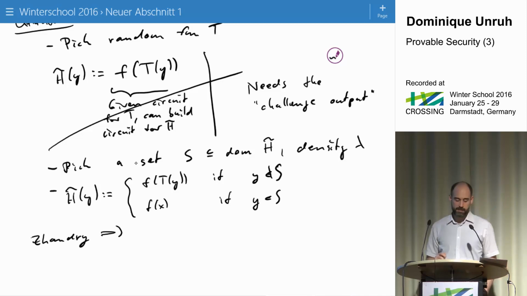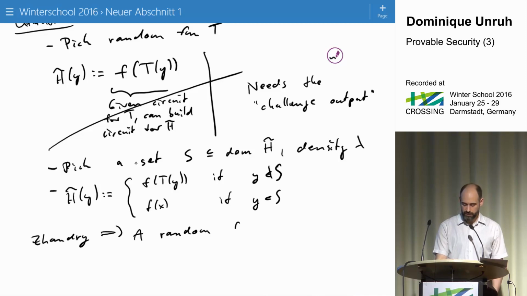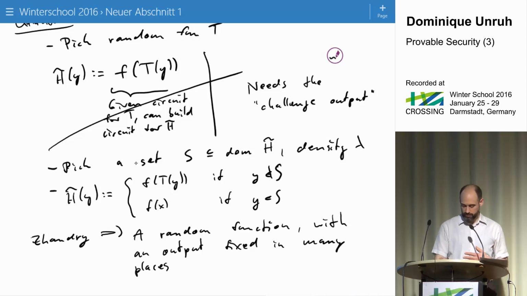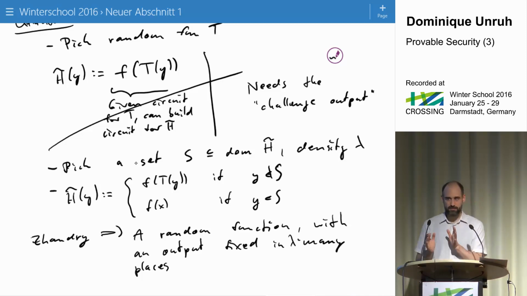And now a lemma by Unruh tells us that a random function with an output fixed in many places, in lambda many places, so in some fraction of the oracle we fix it to one output and always the same, but the rest is a random function,